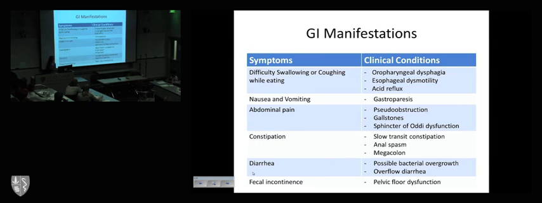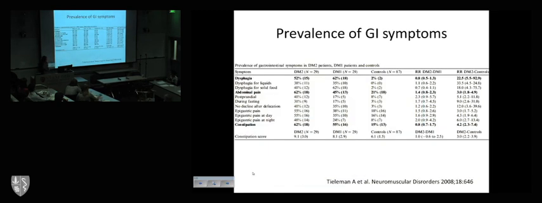Early on in the studies, actually, diarrhea was found to be a very common symptom. But the thought, as some of the data has evolved, is that this diarrhea may be more of an overflow diarrhea, because the transit is slow, that only the liquid stool can come around, and potentially due to bacterial overgrowth because of slow motility in the small bowel. And then there's fecal incontinence, which can be due to weakness of the anal sphincter, but also pelvic floor dysfunction and trapping of stool in the anal canal and the distal rectum.